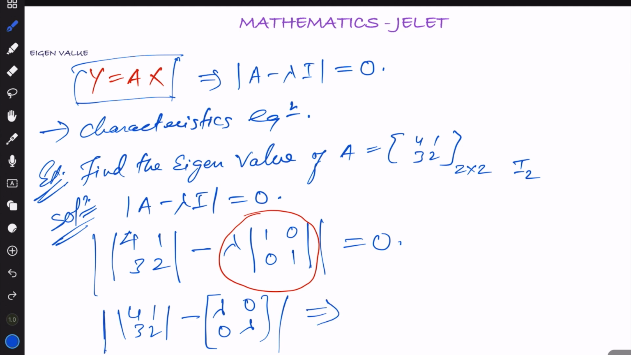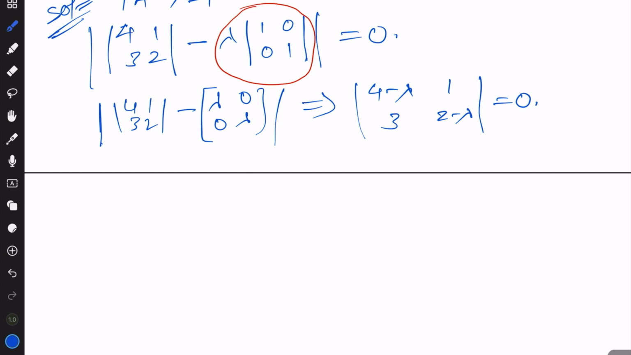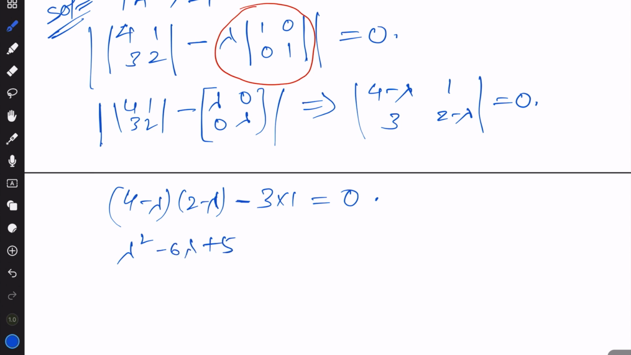Alright, what do we get? 4 minus lambda, 3 minus 0 is 3, 1 minus 0 is 1, and 2 minus lambda. So the whole determinant equals 0. Since it is 2 cross 2, we take the determinant as 4 minus lambda into 2 minus lambda, minus 3 multiplied by 1, which equals 0. If we solve it, we get lambda square minus 6 lambda plus 5